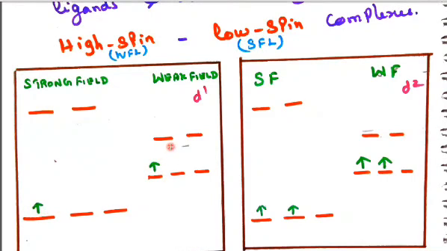But in this weak field ligand, the gap is small, so it will take 1 electron here. Next, 2 electrons in d orbitals means the energy gap is large. So the first electron and second electron will be filled in the lower set, t2g. Even in weak field there are only 2 electrons, so no problem. The same 2 electrons fill the t2g lower set, 1 and 2.